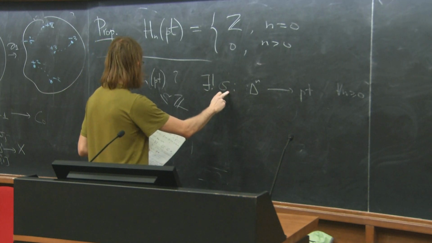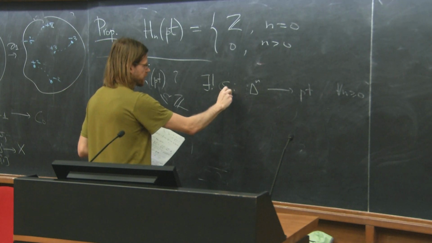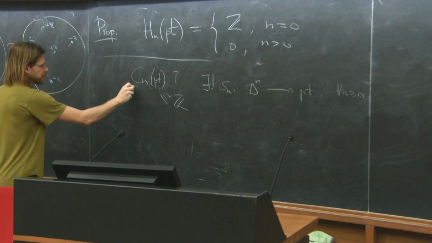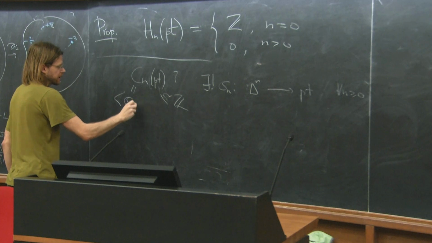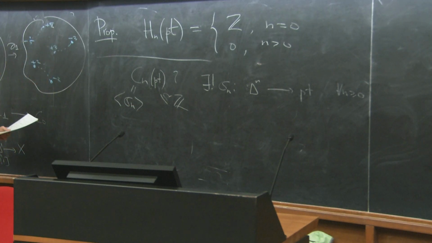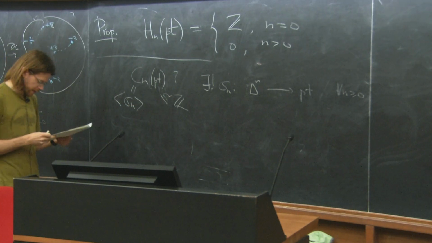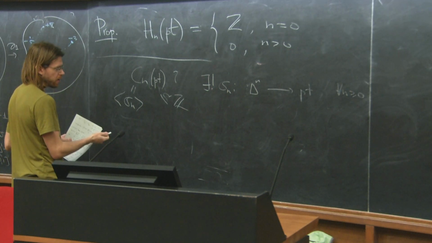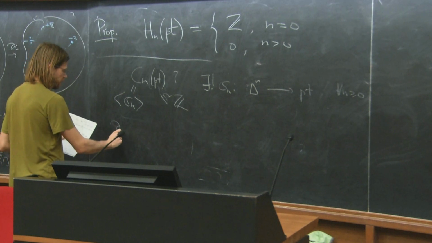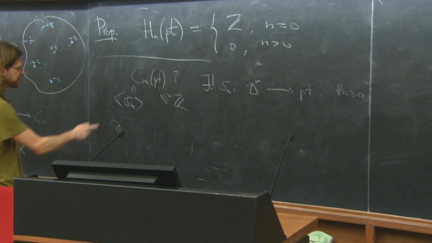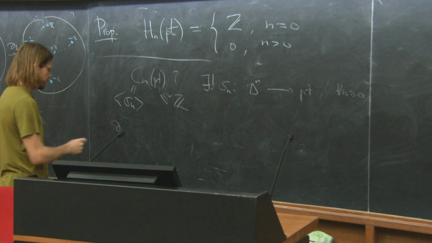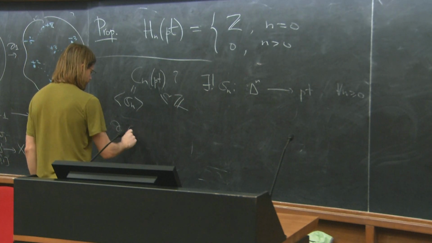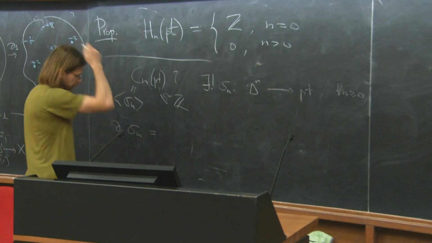Well, let's choose to distinguish this n to show the dependence on n. One can fix this sigma n. So this is a group generated by sigma n as a free abelian group. Okay, and now how does dn act on this group? Well, we just need to act on the generator, which is sigma n, and